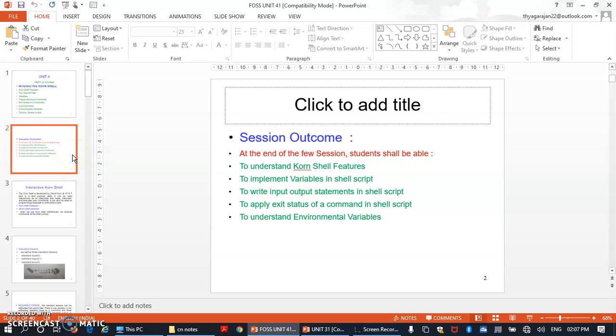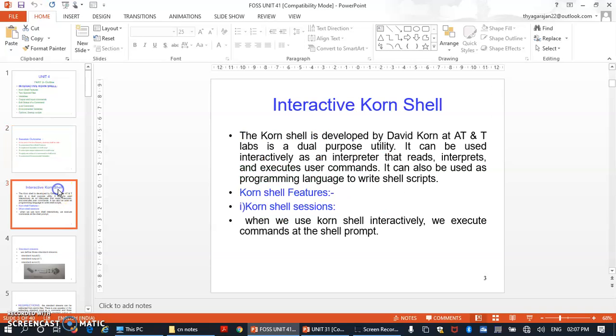I have confidence that you people will understand Korn shell features, variables, input-output statements, exit status of a command, and environment variables. Coming to the interactive Korn shell,